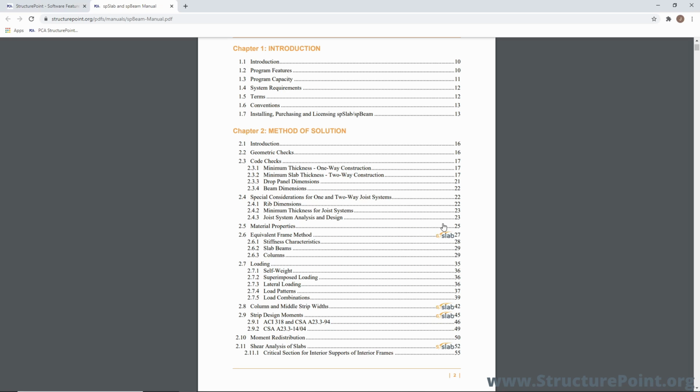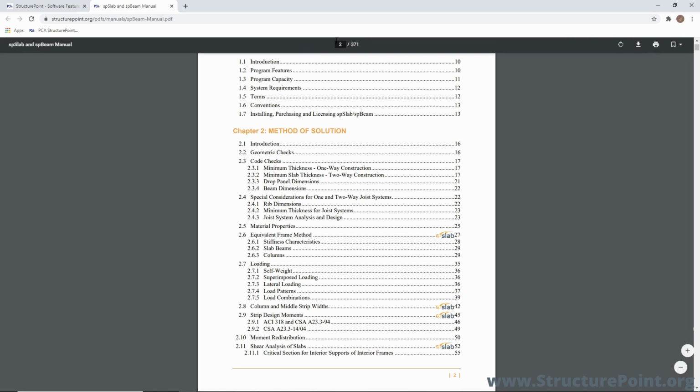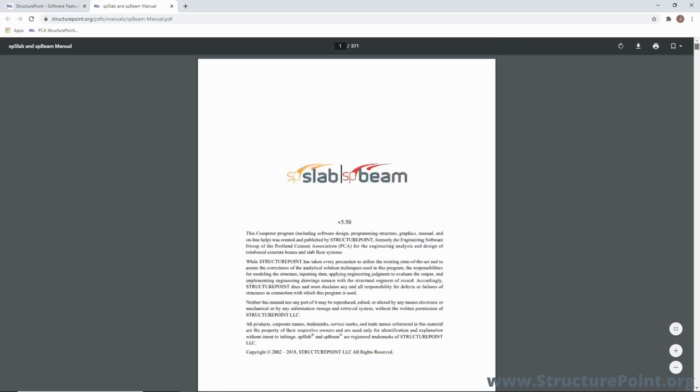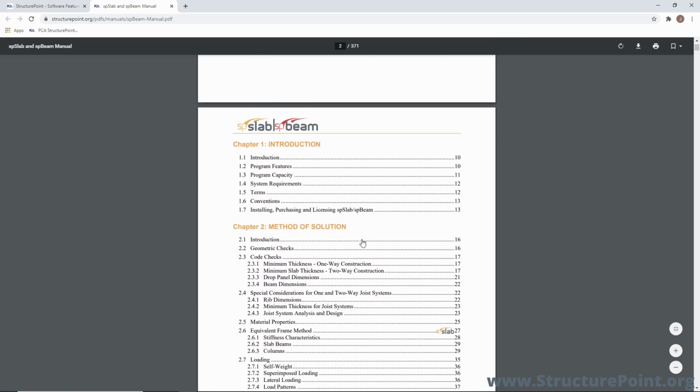This also works for examples in the manual as well. For example, if I jump down to page 337, see, this is actually an spSlab design example as indicated by the icon on the example. The manual itself is broken down into several sections, so if I scroll back up to the top, you can